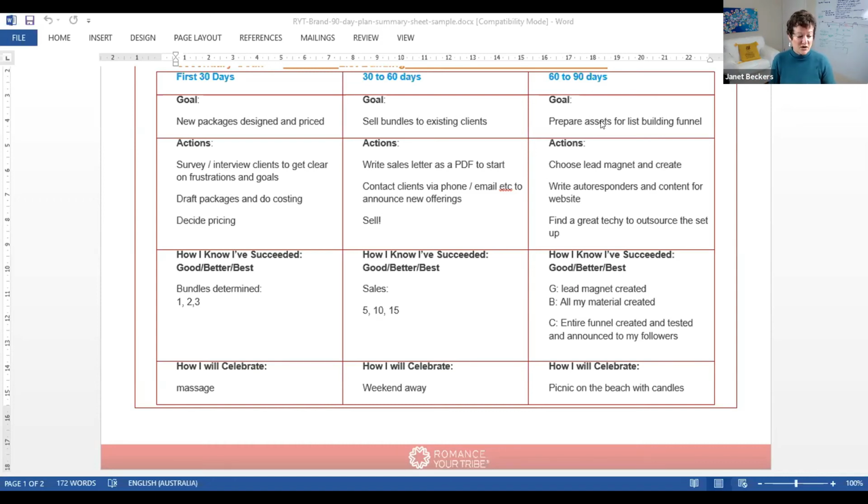If she actually got all of that done and got all the techie stuff and had it all ready so that she could start promoting it and announcing it to people who she knew, then that was going to be a humongous happy dance. And the way that she celebrated was she was just going to go and have a picnic on the beach with candles with her partner, because she wanted to have that romance. Her partner had been supporting her through this whole thing, and she wanted to be able to connect. So there you go. That was what she was doing.